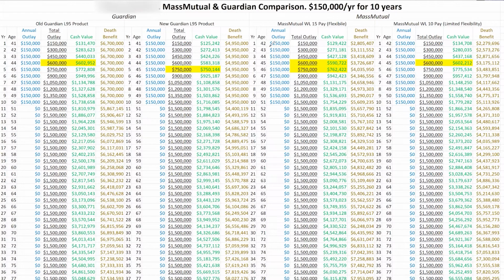But here's what's interesting. I'm going to pull up the detailed illustrations of these as well. 150 goes in. This is the 15-pay product, which has about 129 in cash value right off the bat. The old Guardian product had 131 right off the bat. As we compare these side by side, break even year 4 in the old one, with the 15-pay product breaking even between years 4 and 5. By year 10,